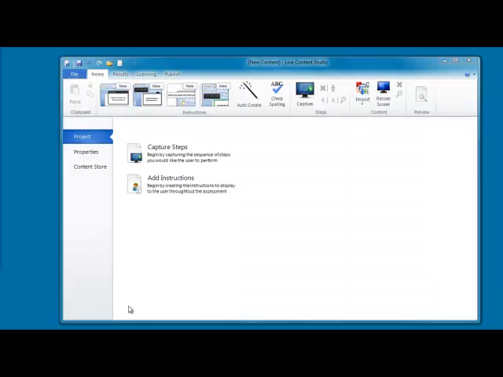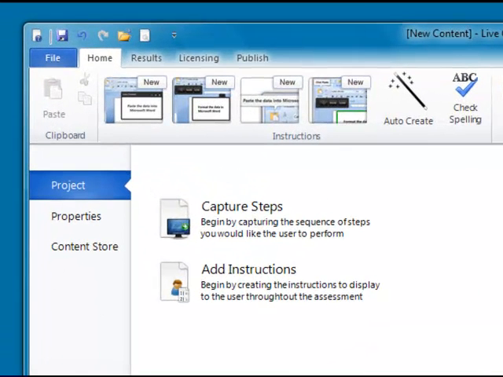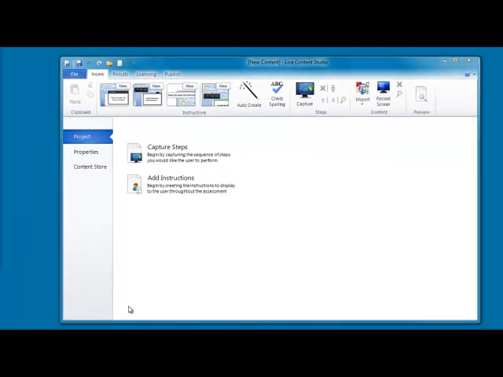This is the application that a trainer would use to create live content. With its clean and simple user interface, it's quick and easy to create interactive training and support materials to assist and instruct users. Now, depending on the design of the content and how it has been scripted, the instructions displayed to the user may be very specific or very broad,